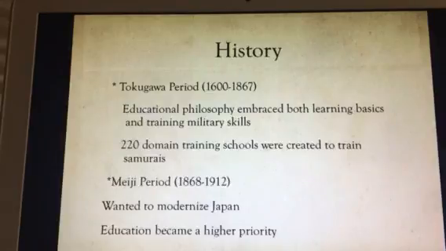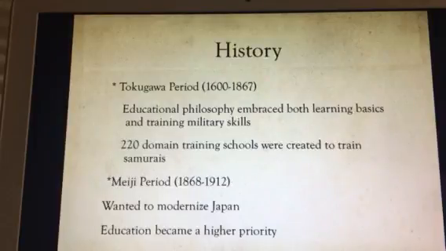Samurais are their military over there, like our soldiers. During this time period, they called them samurais, and this was their soldiers. 2% of Japan's population was samurais at this time, but they wanted them to become warriors ready to fight. During this time period, 220 domain training schools were created to train the samurais. The Lord of Mito during this time period ended this era because he voluntarily surrendered his power to